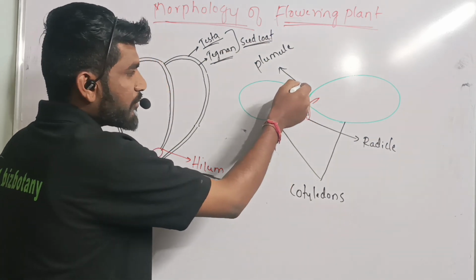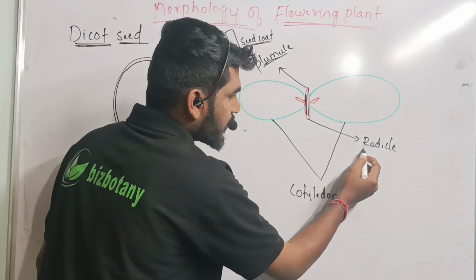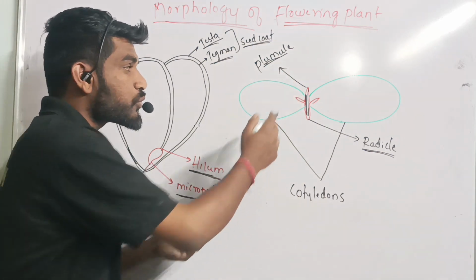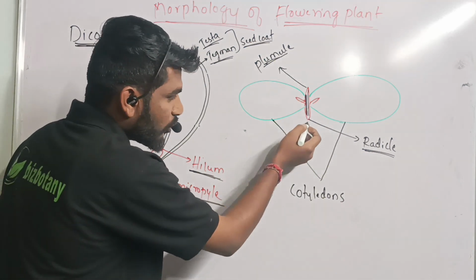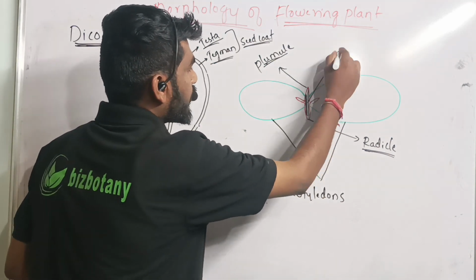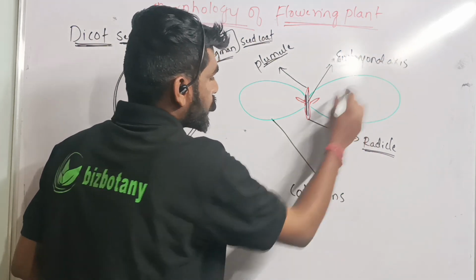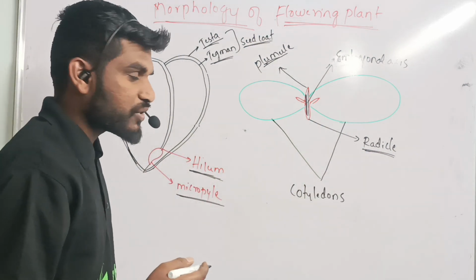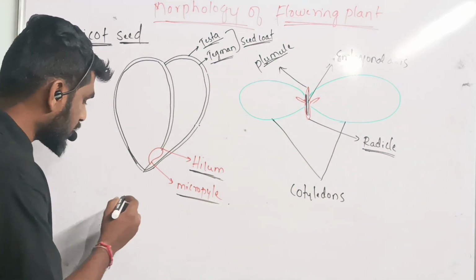The upper portion of the embryonal axis we call the plumule, and the lower portion of the embryonal axis we call the radicle. The plumule will help form the shoot system after germination of the seeds, and the radicle later develops into the root system of the plant. In some seeds, the endosperm is formed